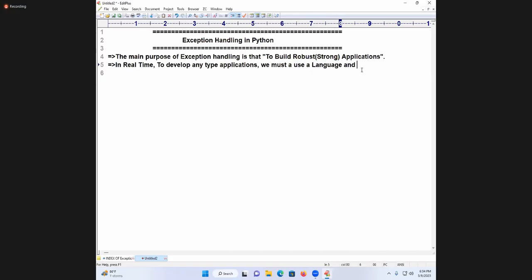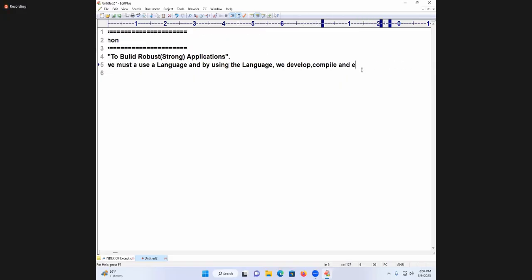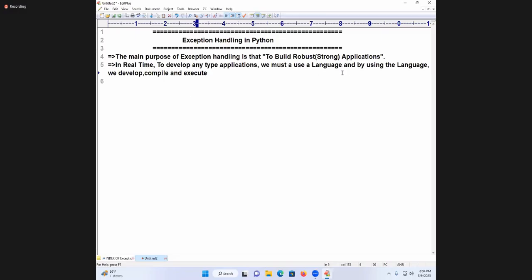And by using the language, we develop, compile, and what? Execute. We develop, compile, and execute the applications.